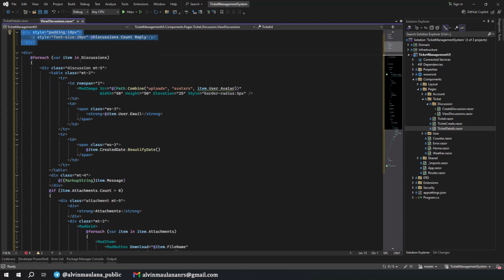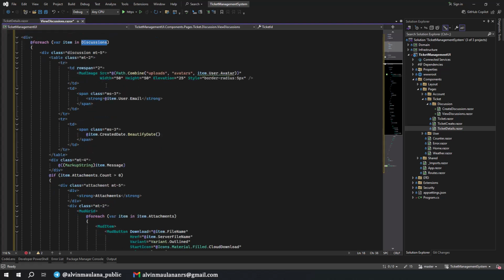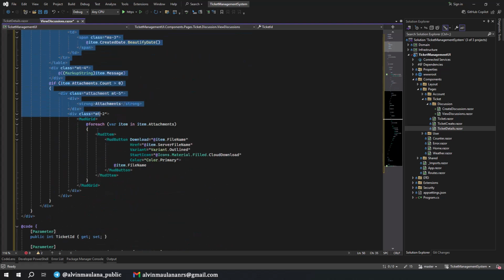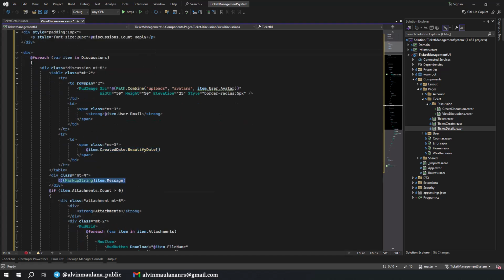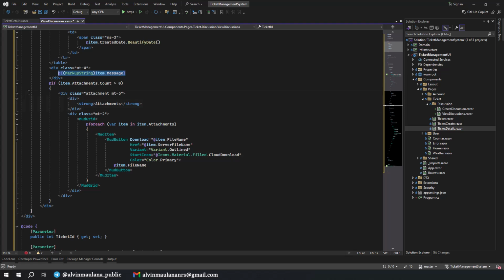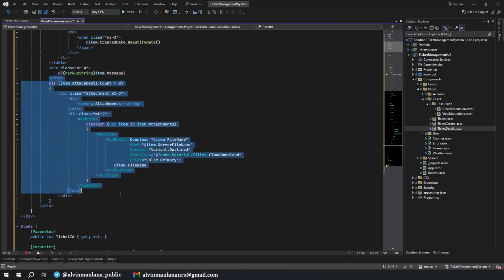And for each discussion we have, we will show the discussion in here. And yeah, we show the avatar, the user email, when this discussion was created, and then the message. This is an HTML message, that's why we set the markup string like this. And then we also show the attachment here.